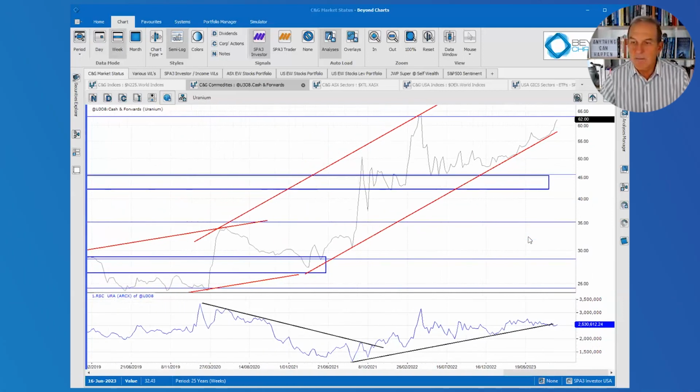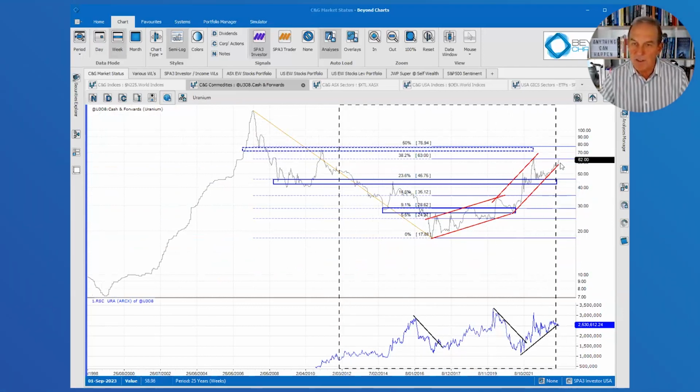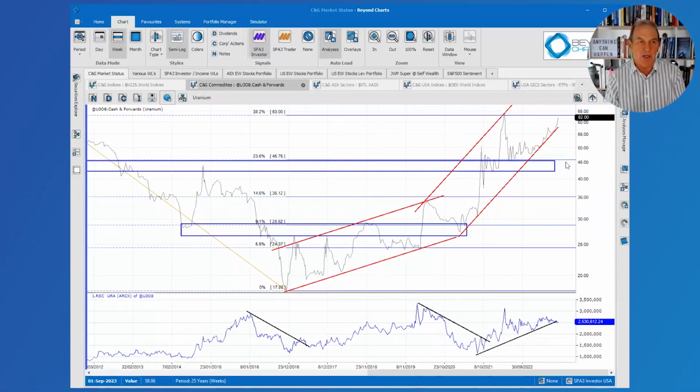The uranium is going gangbusters. Just zoom out over here. So all-time peak back there in 2007. Some resistance zones over here. The gradient of the up channel has changed to a bit stronger. Now, people talk about URA as the ETF that you can go and trade with if you want to get exposure to uranium, other than uranium stocks.